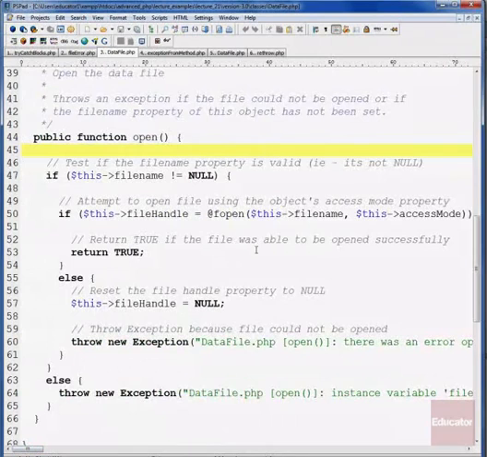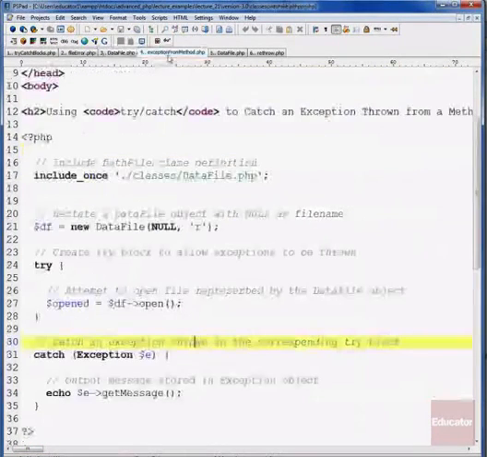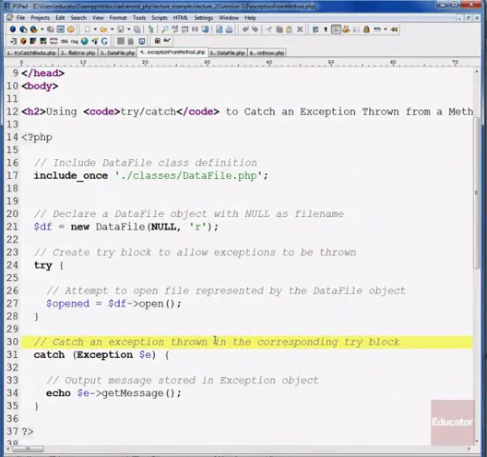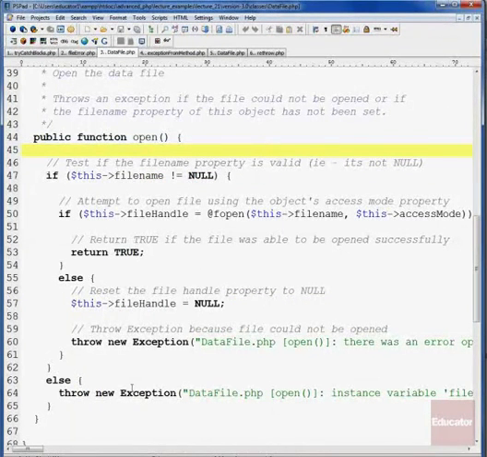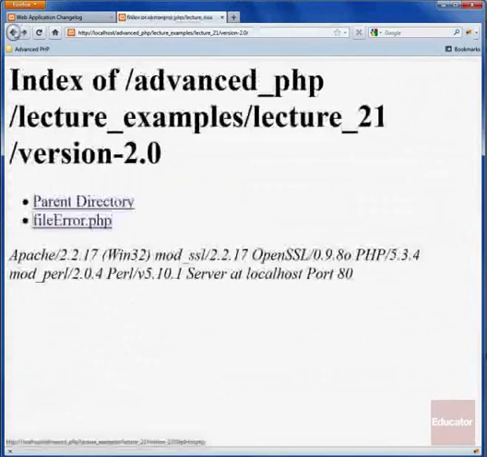So here's a way that we can use this high-level script, the script that calls this, to output two different error messages depending on which exception occurs, and we do that simply by setting a different value of the error message for our exception object. For example, if we try to open a data file and pass it the file name null, when we try to open it, it's going to test if file name is not equal to null. It's going to turn out false, and so it's going to execute this else statement, which is going to throw an exception. So if we run this script,